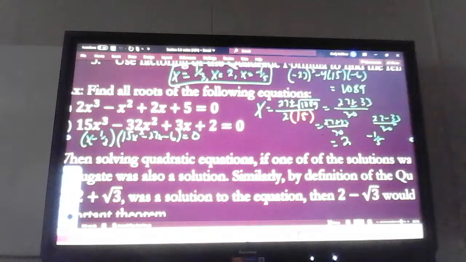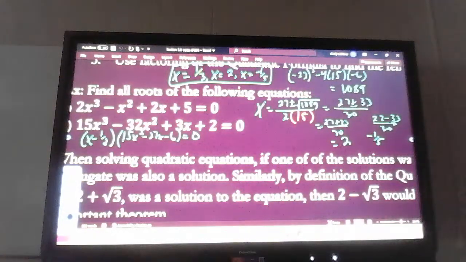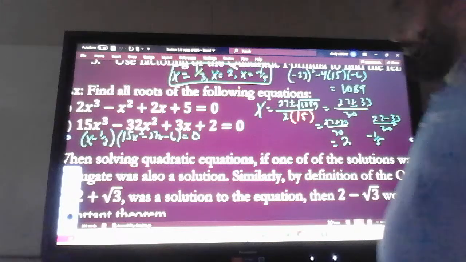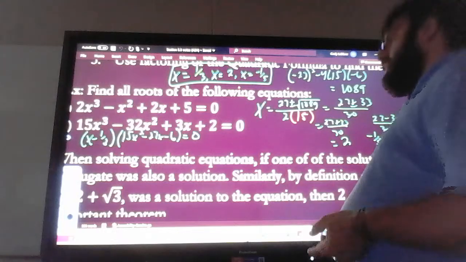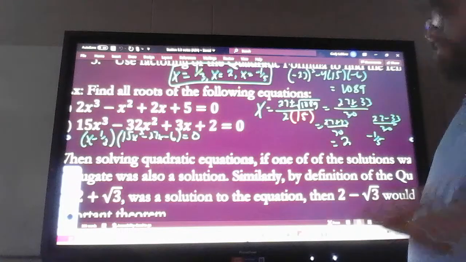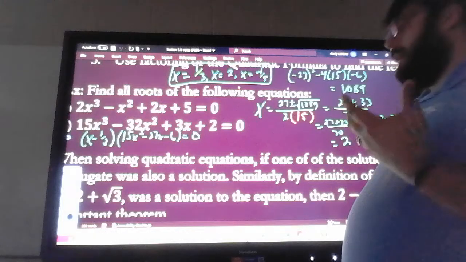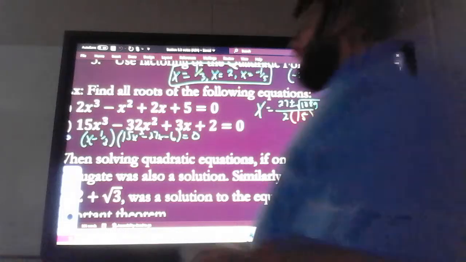Okay. Now, if you noticed, going back to the last example that we did here, we actually ended up using the quadratic formula, getting a plus or minus in the quadratic formula. It was an imperfect square root, so we ended up with something that looked similar to a complex number, right? Well, as it turns out,